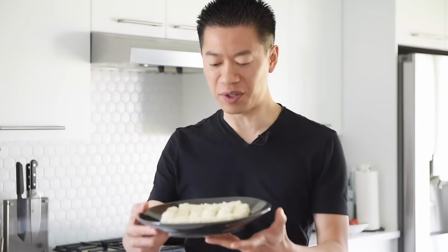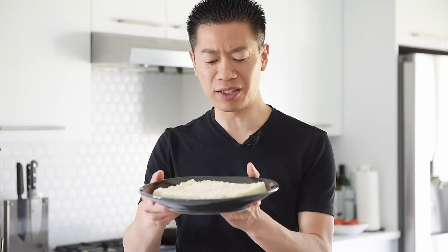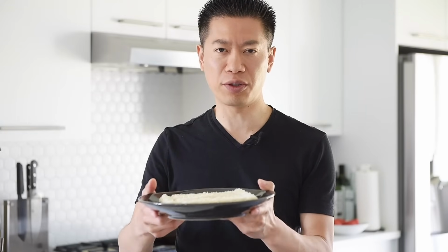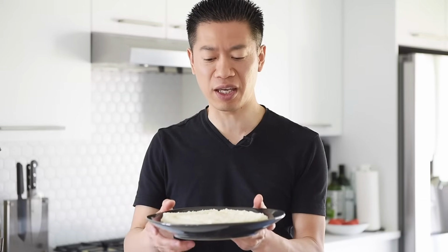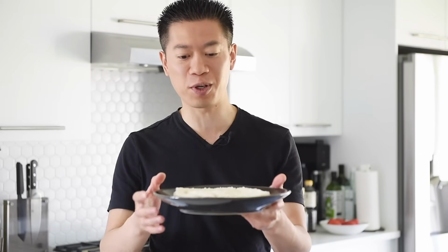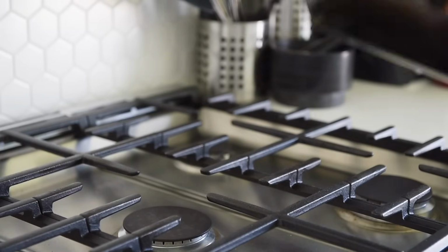Boy, that looks amazing already. Time to fry these up, get them really nice and crispy. Now you can bake these at about 400 degrees, spray some oil on them for about 10 minutes or so. But I find frying them in the frying pan just gives that really nice, super crispy, authentic kind of Japanese breadcrumb crispiness. Frying pan,